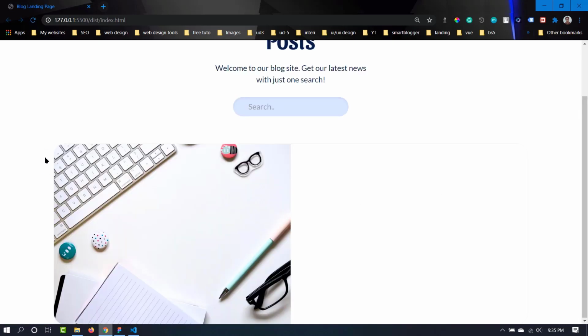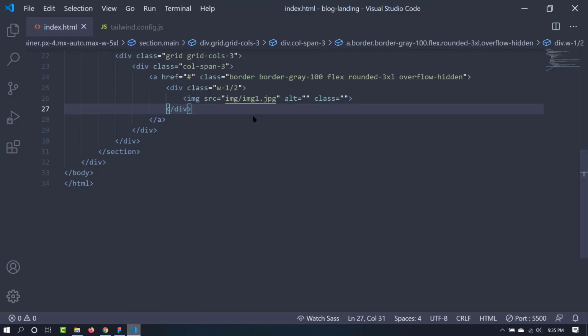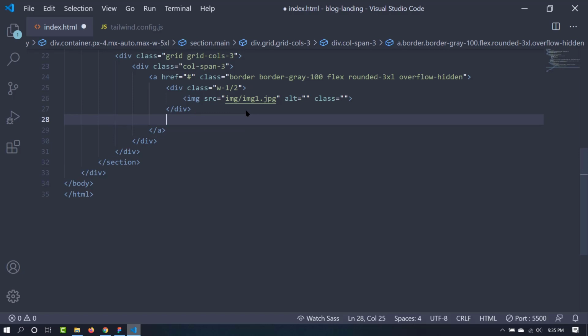So the corners that are overflowing the container box will be hidden. Now it is taking the border radius. Now we can add our text in here. For that I am going to create another div with the class of height half.